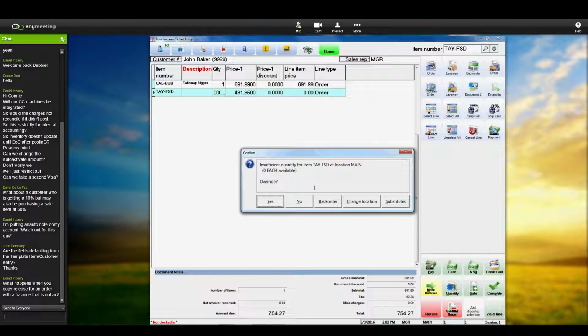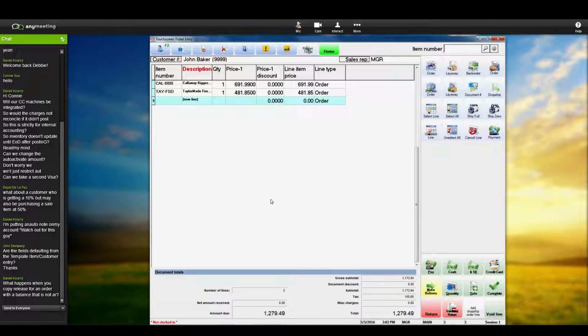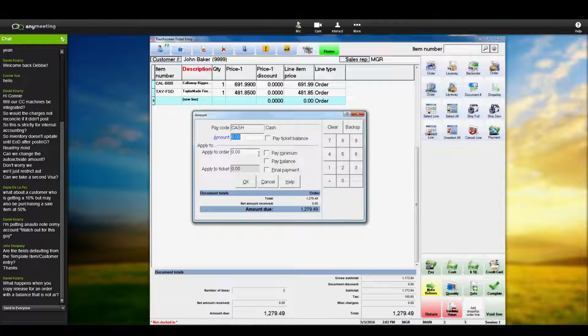And notice I have mine set to warn me when I'm selling an item that my quantities don't look normal. There's 0 quantity on this one. I want to go ahead and override it. Okay. And I'm going to take cash as a deposit. And down here, I can have it say what my minimum deposit needs to be. If I have a minimum that they have to pay, it'll come up down here. I'm going to say they're giving me $500